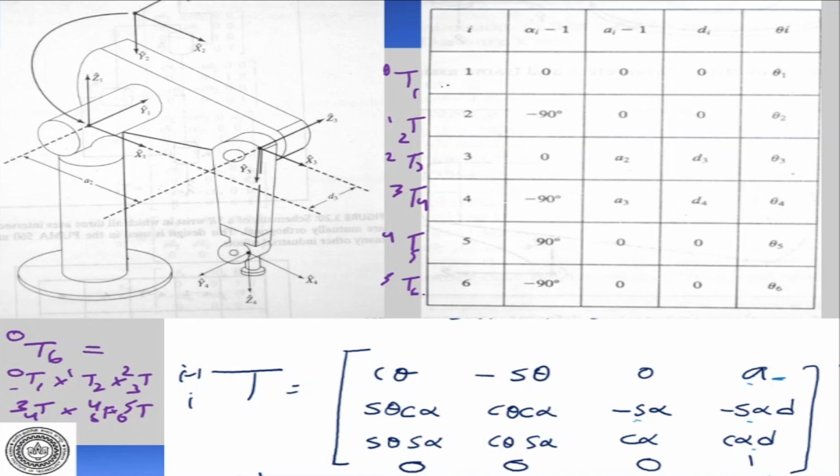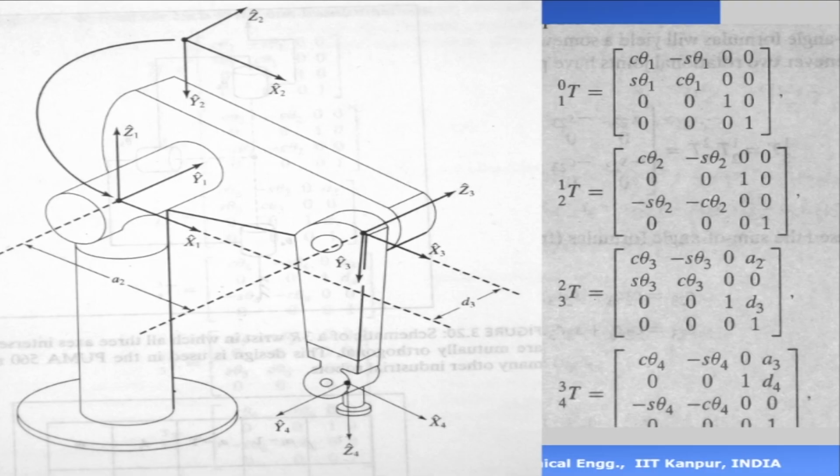And how do I do that? I take one row at a time, the joint number. I take these 4 parameters, A, alpha, D, and theta, and put them into this generalized matrix. I get the first transformation matrix, which relates frame 1 to frame 0. Then I take the second one, put it in there, then third, fourth, fifth, sixth, like that. So there will be 6 of them. Now let's see further. When I do that, the first transformation matrix is this one.